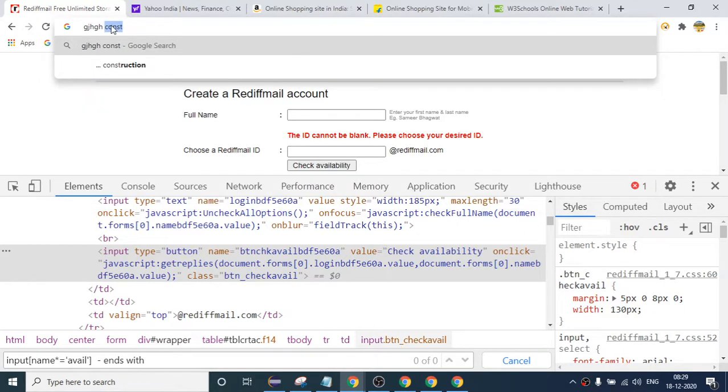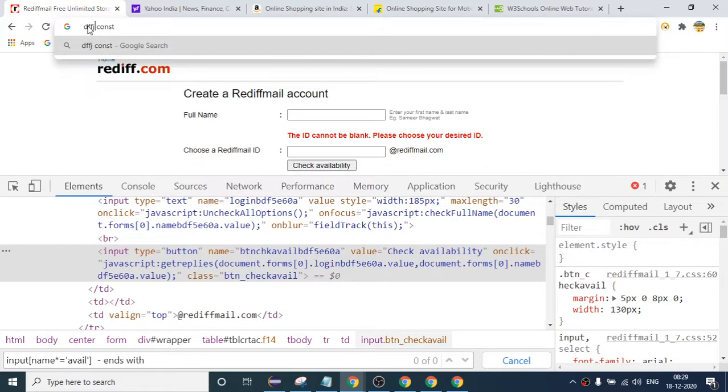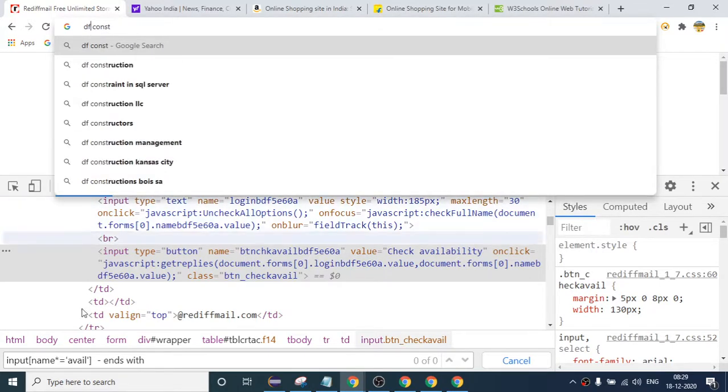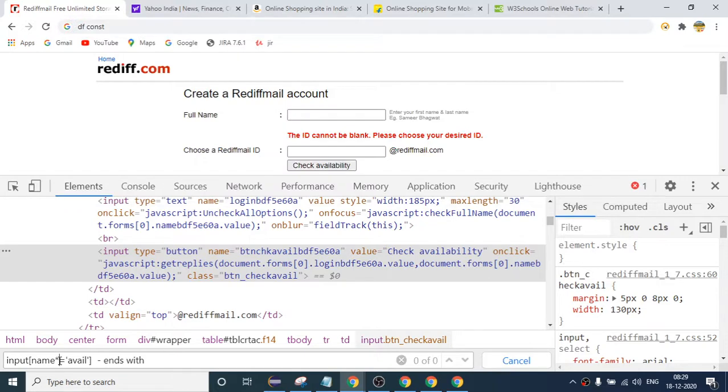I know this part will remain constant, so I will say whatever name ends with this value. Even if the first part keeps on changing, my code will not be affected. So if you want to use ends with, you have to write dollar sign, and after that provide this value.